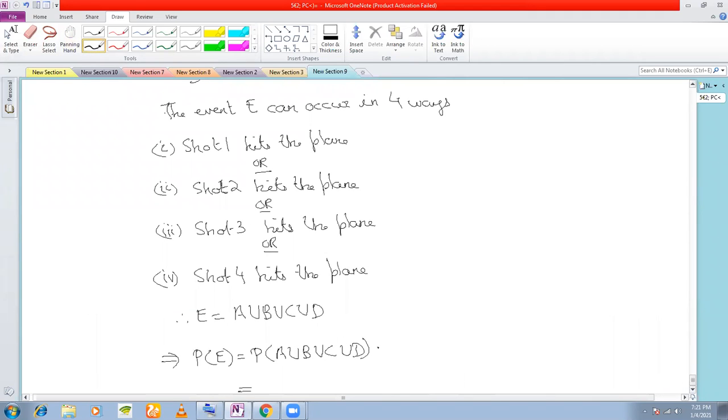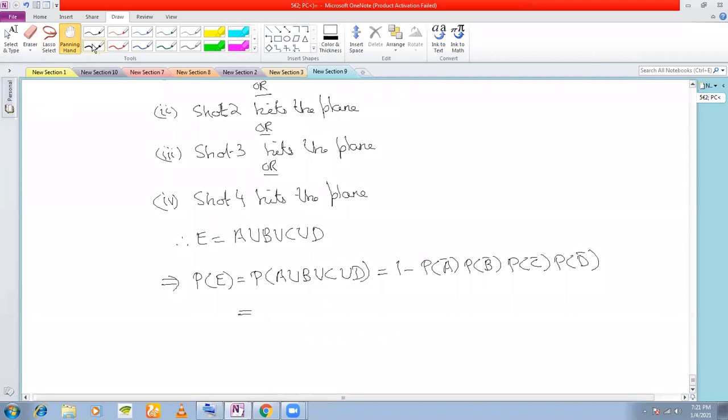It must be equal to 1 minus PA bar into PB bar into PC bar into PD bar, right? From the formula. Why? Because A, B, C, and D are independent events. Since A, B, C, and D are independent events,